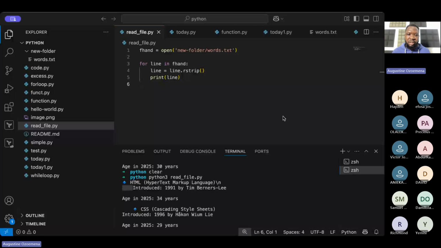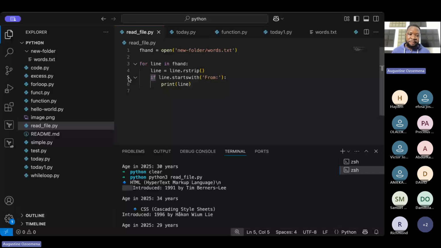I can show you more examples. For instance, let's say we have something like this guy. This one is saying for a line for line in fhand, we are on line 4. We are stripping all those new lines at the end of the file. And then on line 5, we are now doing something extra. We now introduce a conditional statement saying that if a line starts from,